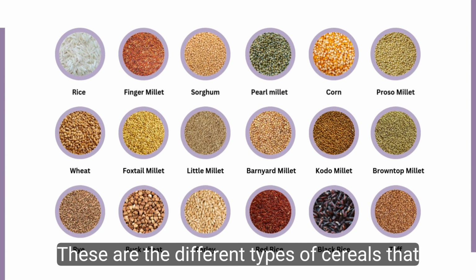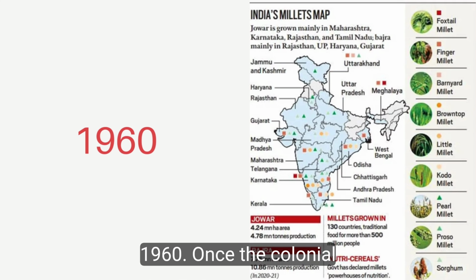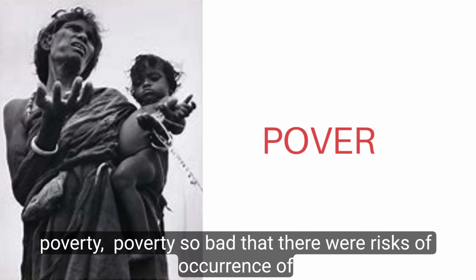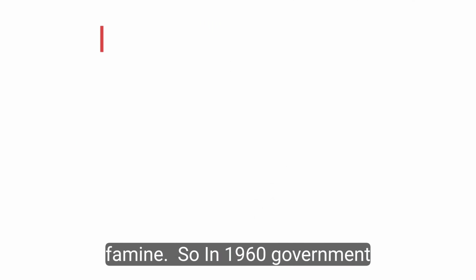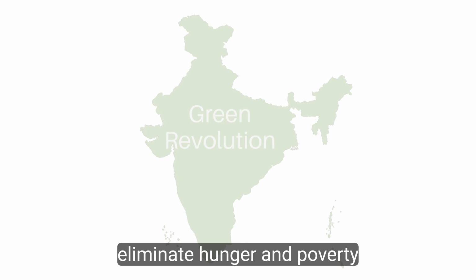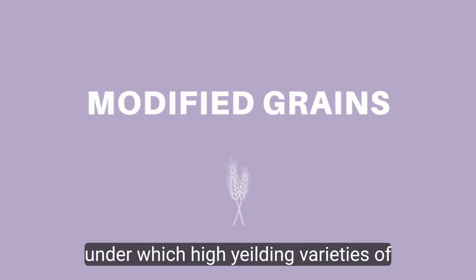These are the different types of cereals that existed in India before 1960. Once the colonial era was over, India was left with poverty. Poverty so bad that there were risks of occurrence of famine. So in 1960, the government initiated the Green Revolution to eliminate hunger and poverty, under which high-yielding varieties of rice and wheat